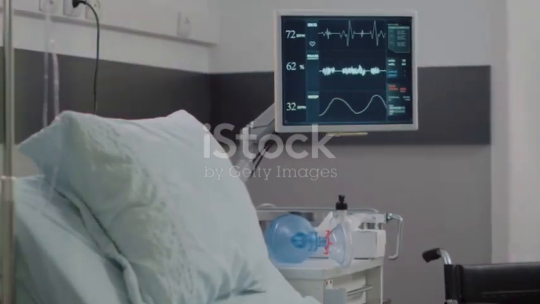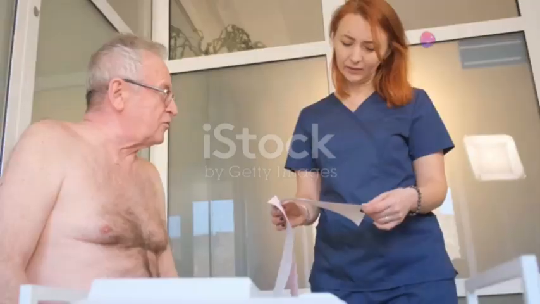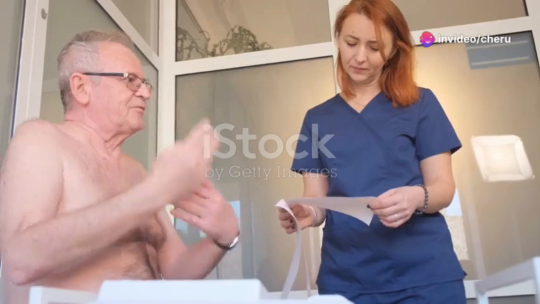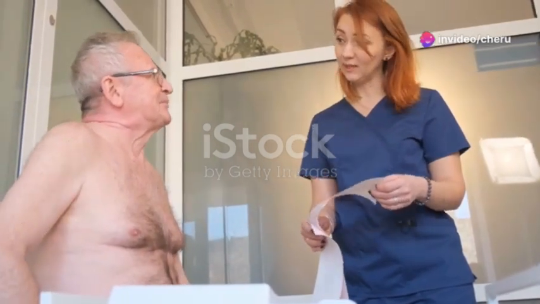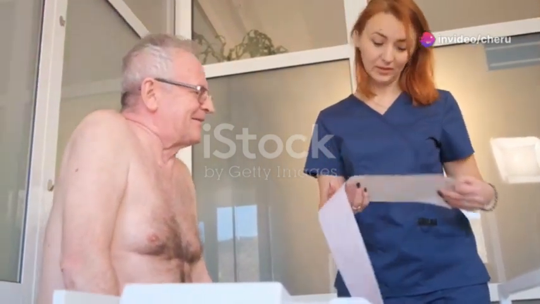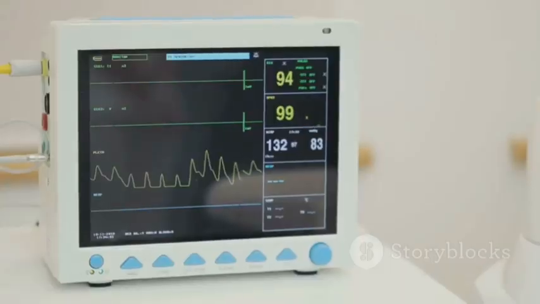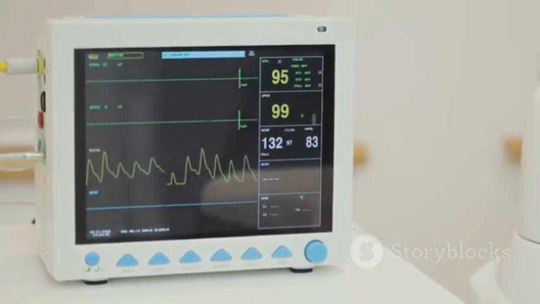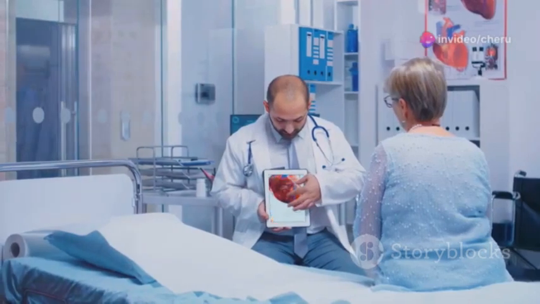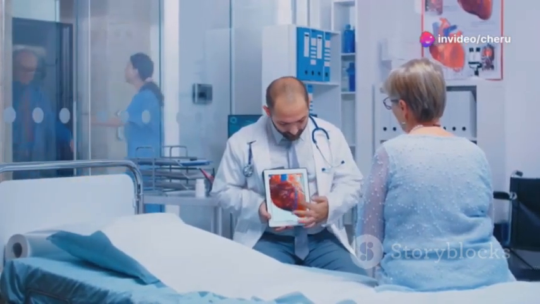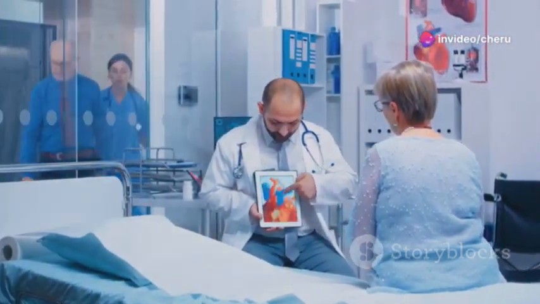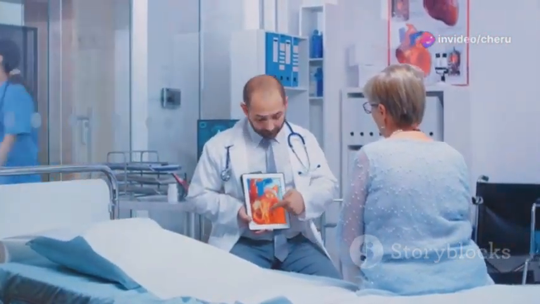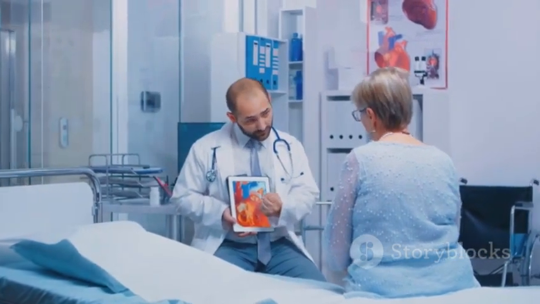Section 4. Assessing the need for treatment. The need for treating idioventricular rhythm depends largely on the patient's clinical stability and the presence of associated symptoms. In hemodynamically stable patients without significant symptoms, observation may suffice. However, if IVR is accompanied by hypotension, chest pain, altered mental status, or other signs of inadequate cardiac output, immediate